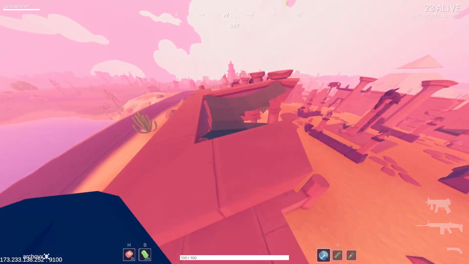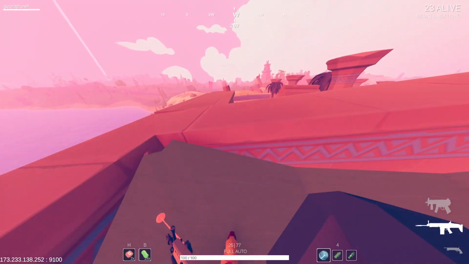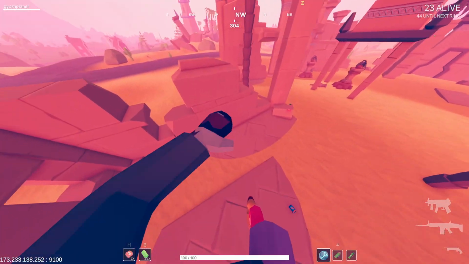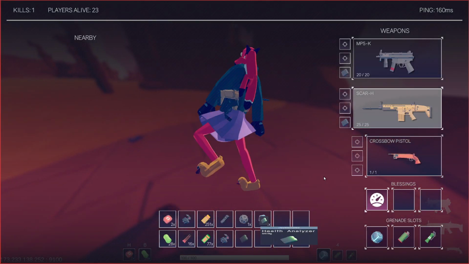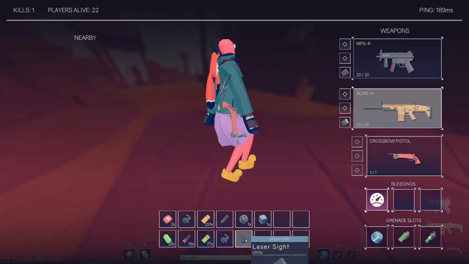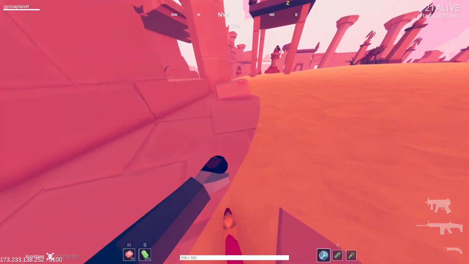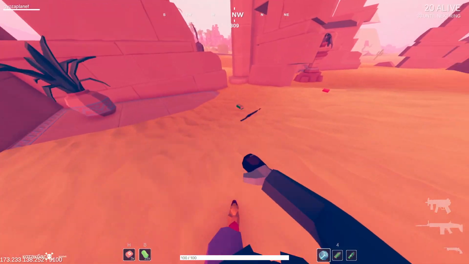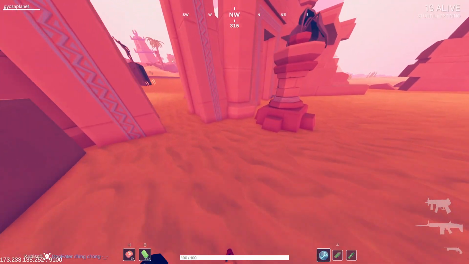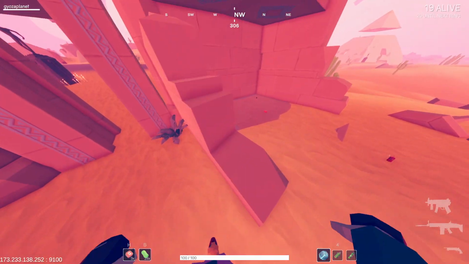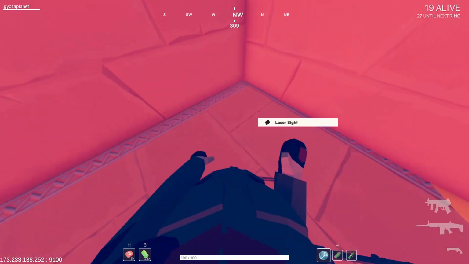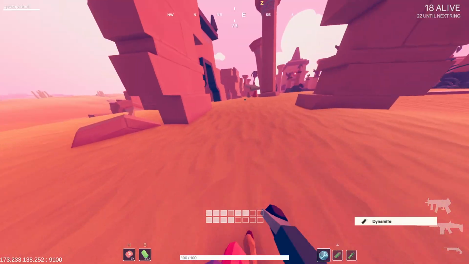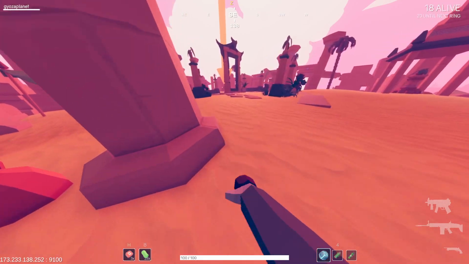You've got the invisibility thing, and then you've got the artifact. Artifacts are actually exactly like blessings in this game, except that you upgrade them outside of the game. So it's kind of like Tarkov-y, right? You upgrade skills and stuff like that. One of them turns you into a bush when you crouch, and if you break cover, you get a recoil boost, so the intent of it is to ambush people.